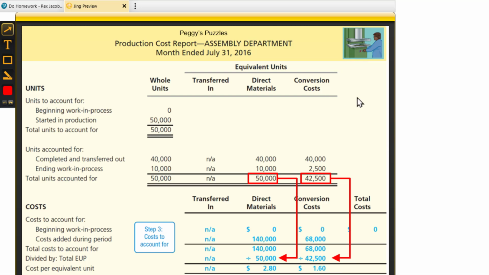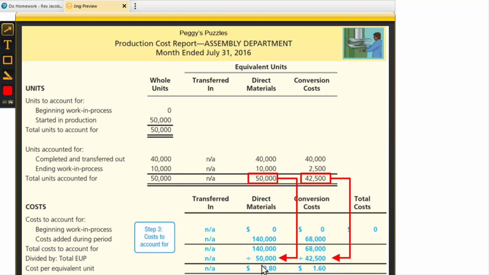So we have direct materials and the conversion costs. Conversion costs are the direct labor, the people working on the stamping machines. And conversion costs also include manufacturing overhead, so that would be maintenance on these stamping machines and also the depreciation on the stamping machines. So what we're trying to do in this problem is calculate this cost per equivalent